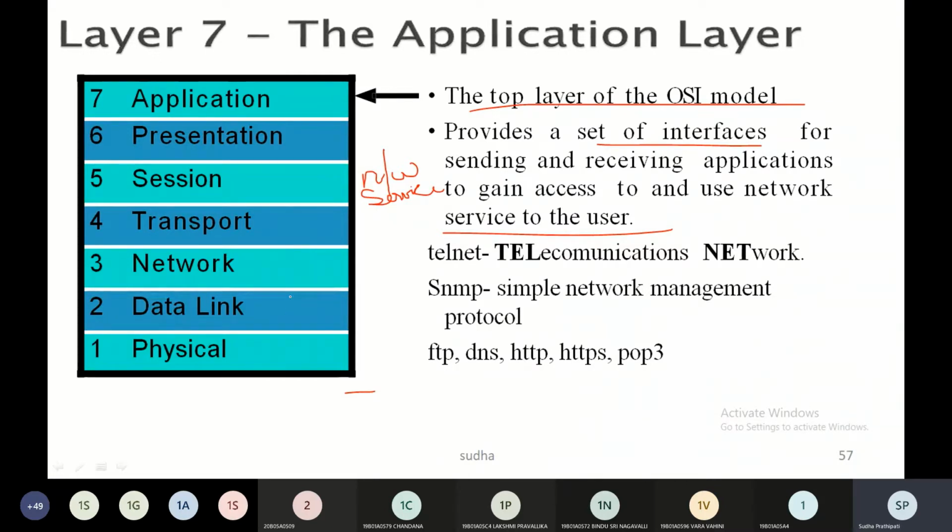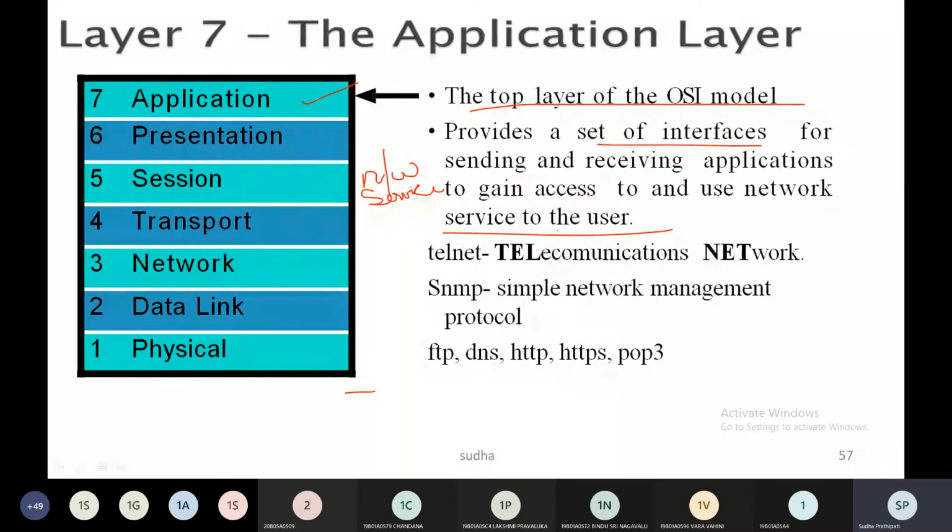These web browsers need certain protocols to ensure there is communication from a particular device to the other devices. The application layer provides these networking services to the browsers.